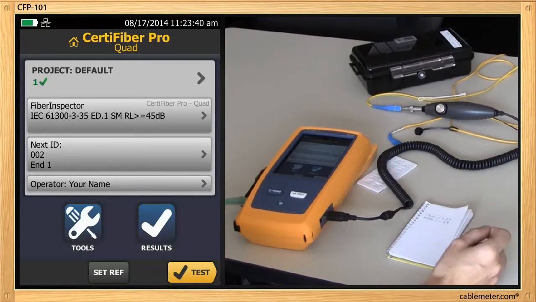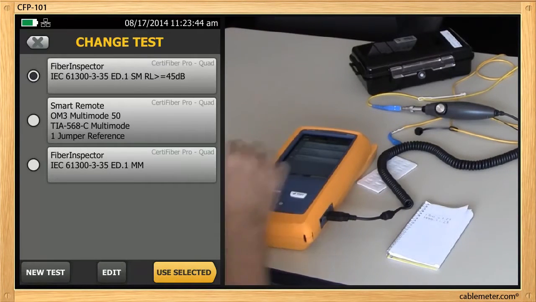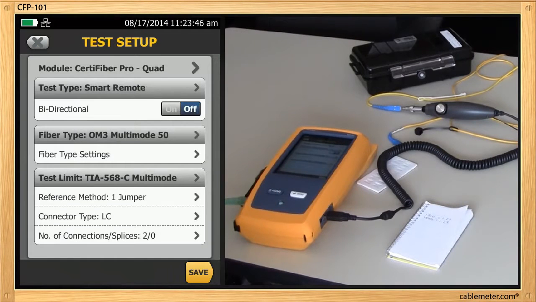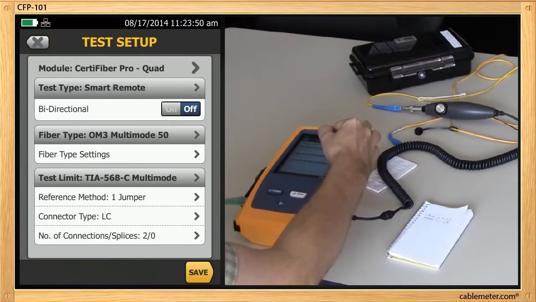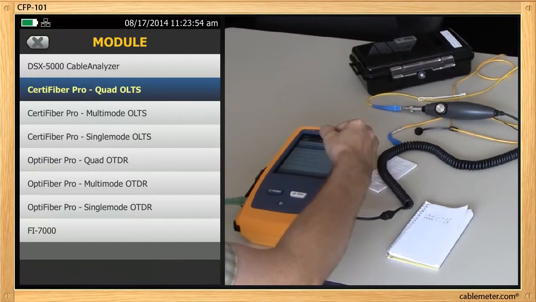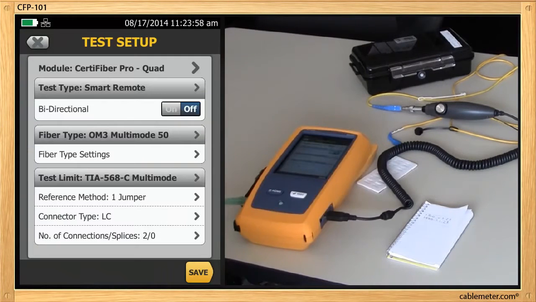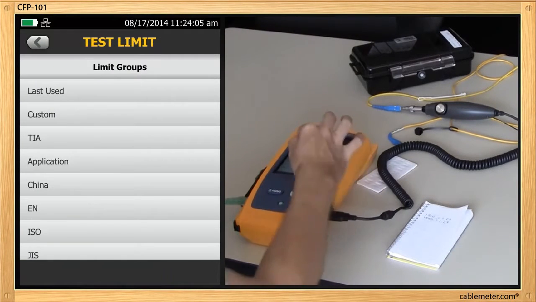To do that, we need to change the test limit. So we'll tap the test limit here. New test. Make sure the module type says CertiFiber Pro. If it doesn't, tap module and change it to the CertiFiber Pro module that you're using. We're using a quad here. And then, since we're changing the test limit, we'll tap test limit, more, and custom,